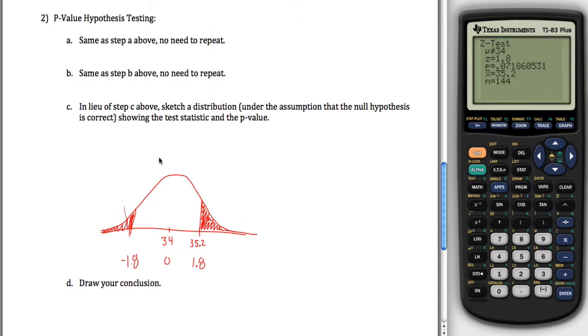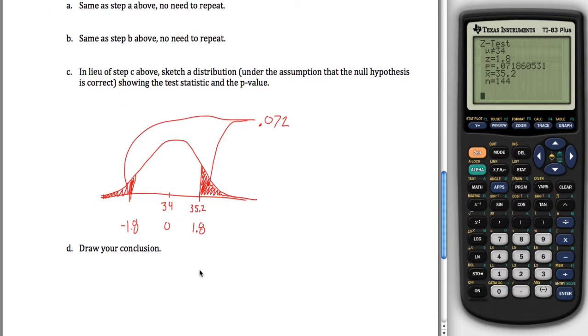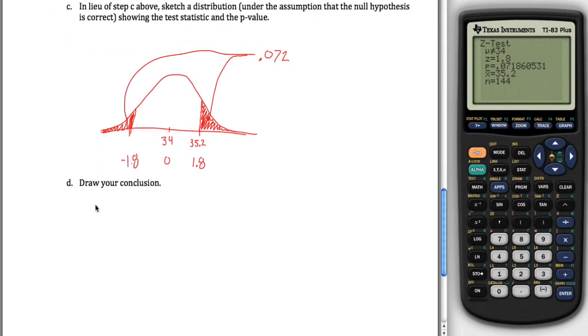And the total p-value, the area for both of these guys, is equal to 0.072. So this total area is 0.072. And then under the p-value method, we'd say because our p-value of 0.072 is greater than alpha. Alpha was only 0.05. Because our p-value is greater than alpha, there is not sufficient evidence,